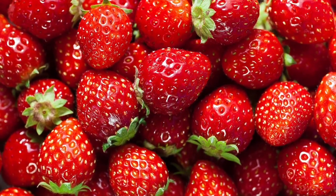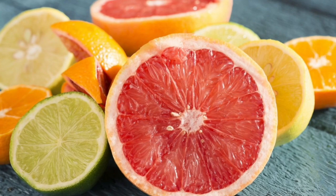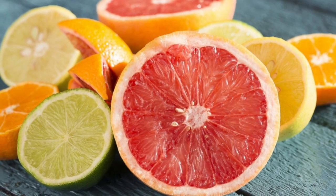Not only is it sweet, but it's packed with vitamin C, which is great for your mouth and body. Now, I hate to be Debbie Downer, but even some fruits can have damaging effects on your teeth. Citrus fruits, for example, are highly acidic. Remember when I mentioned the harmful effects of acids on your teeth? Turns out citrus fruit like lemons, limes, oranges, and grapefruits contain citric acid, which can wear away the enamel on your teeth over time. Now try to avoid citrus fruits for everyday lunches, but maybe limit it to once a